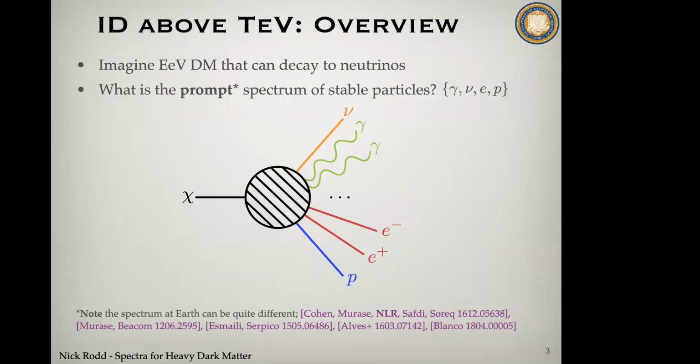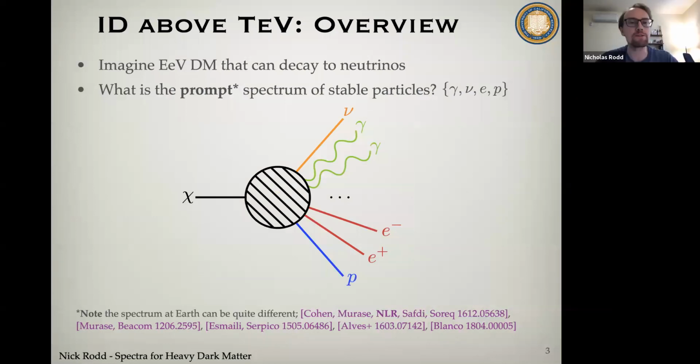Does that mean these particles are scattering on their way here? Is that what they're taking into account? Yeah, absolutely. And just to give you some insight, because this is a really beautiful story that I'm not going to get into today: of course, for the neutrinos, there'll be oscillations.